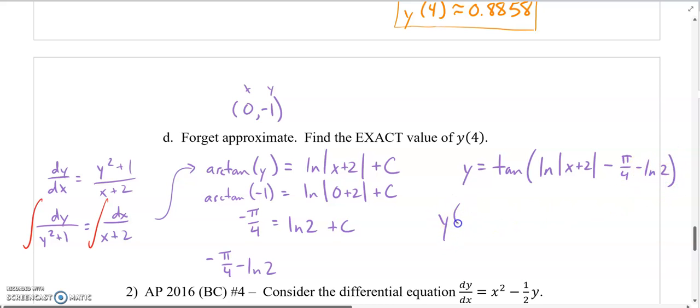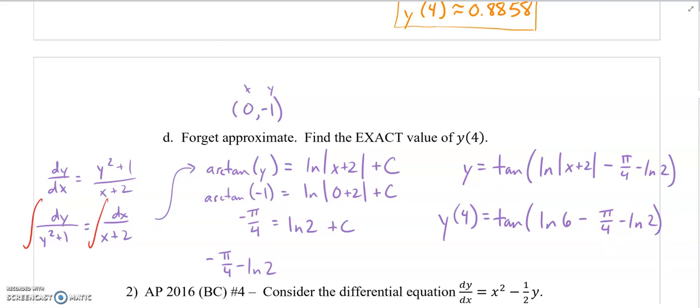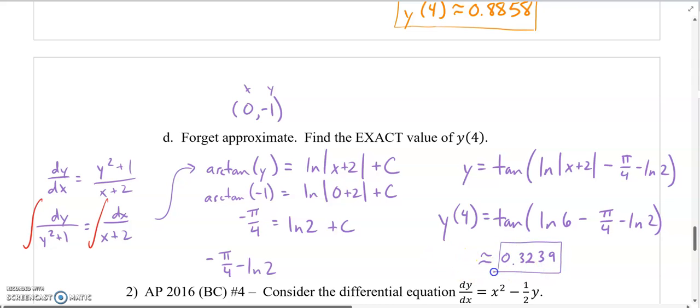So y of 4 is going to equal the tangent of the natural log of 6, 4 plus 2 is 6, minus all of this stuff over here. And a calculator can tell you what that is as a decimal. And according to what I typed in, I'm getting approximately 0.3239, which seems to be, according to the graph, even more